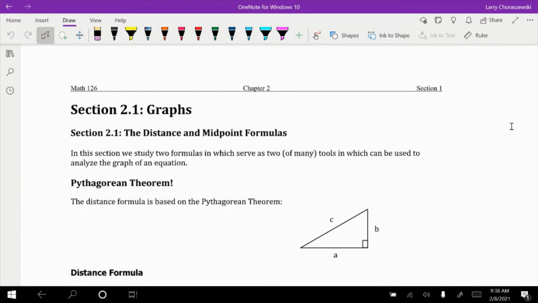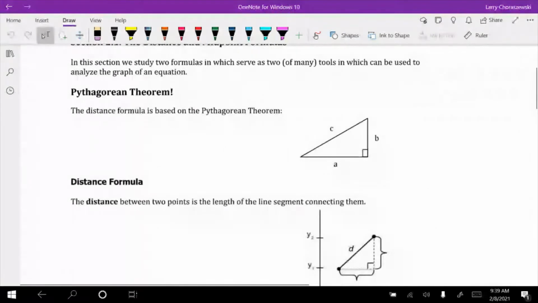The first formula, the distance formula, is actually based on the Pythagorean theorem. And as you might know, the Pythagorean theorem gives us an equation that relates the side lengths of any right triangle. If we identify a and b as the length of 2 legs of a right triangle, then the sum of their squares, namely a squared plus b squared,